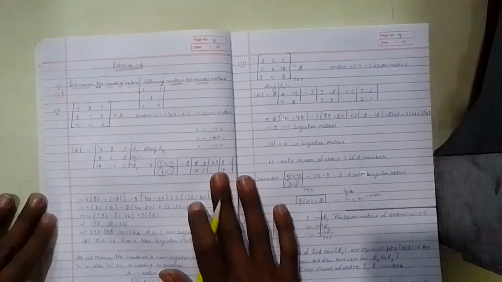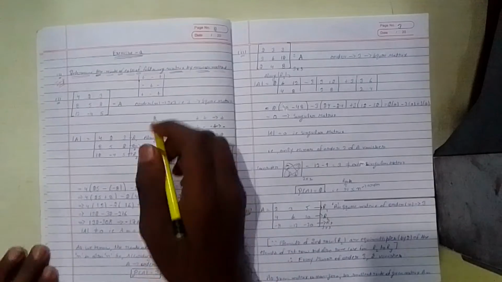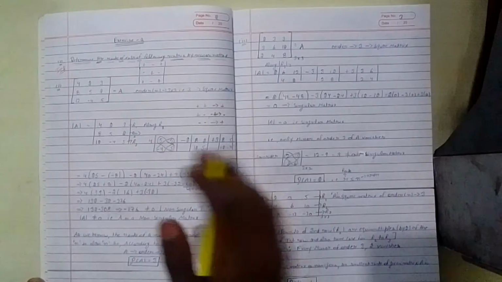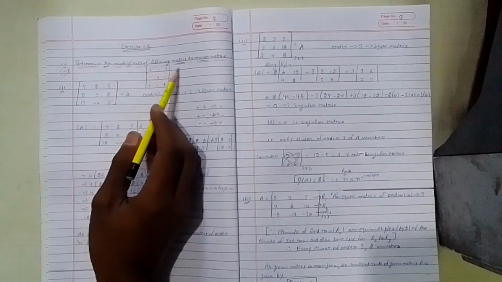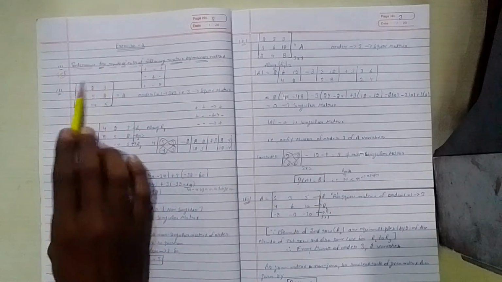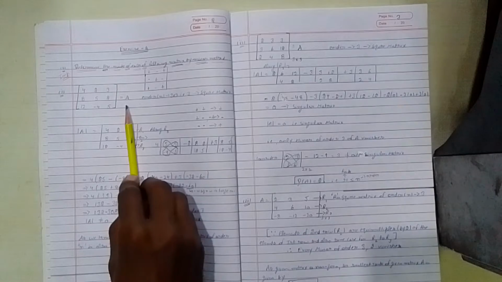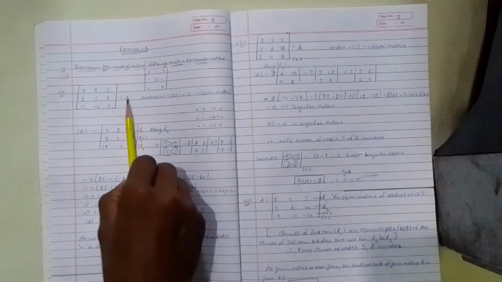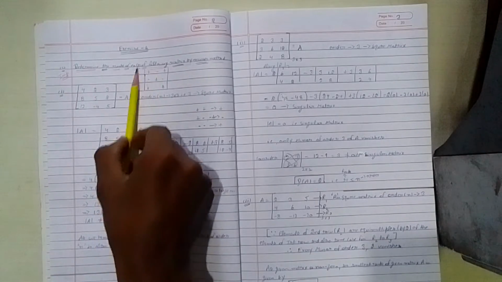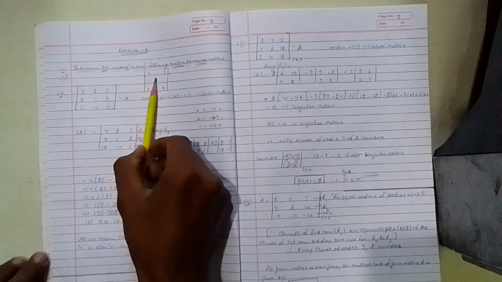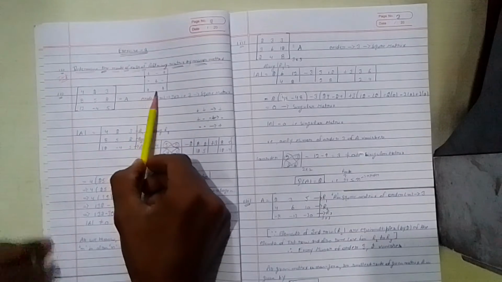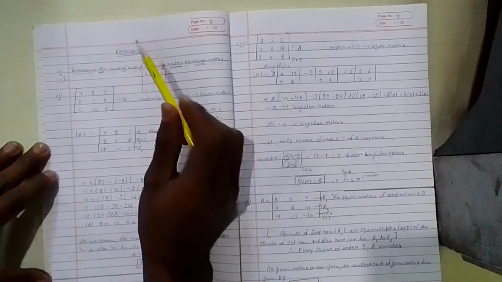Maybe you know these questions before I tell you. It's clear, yes, it's clear. Determine the rank of each of the following matrices by the minor method. This is the given matrix, which is denoted by A. Why is it capital? You know already why. You know why the signs come plus, minus, plus, minus, plus. If you do not know, then learn this, R1.